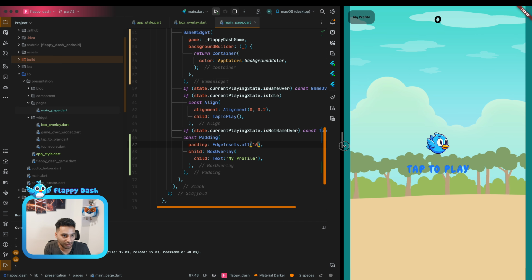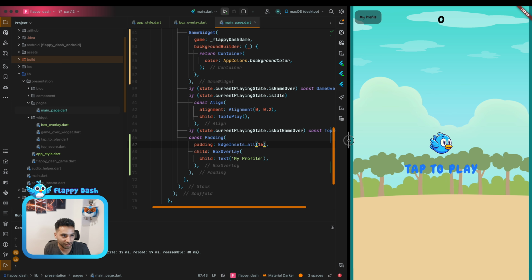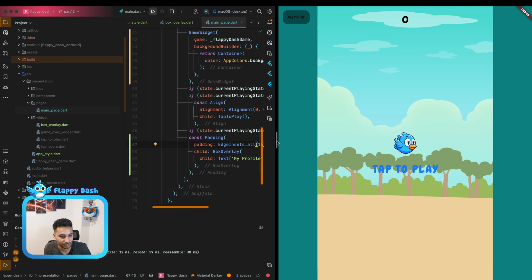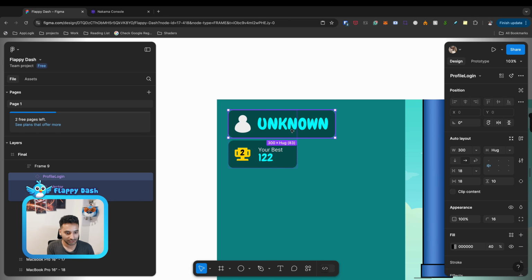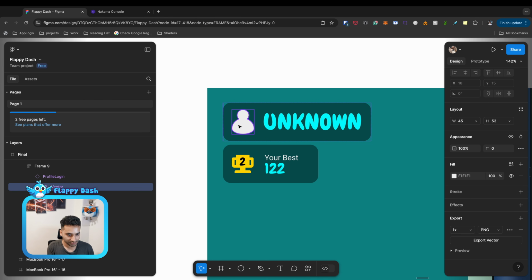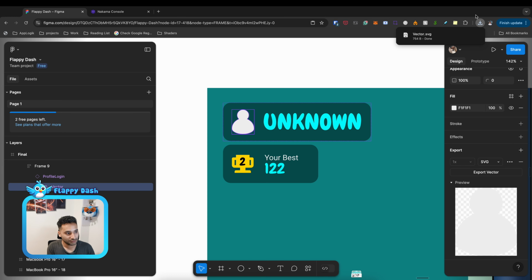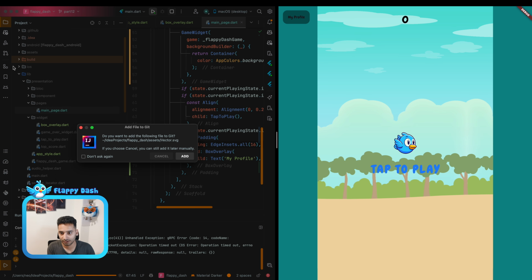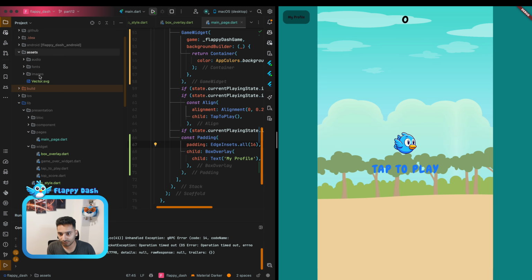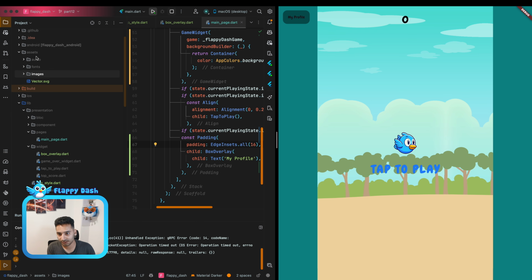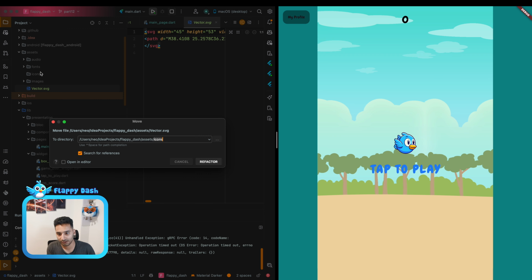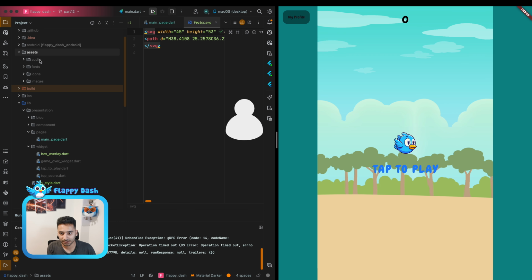And as you see, when it comes to the screen, it works well. And also when it is here, it is good. And so let's add this icon. This is an SVG icon. We can just download it as an SVG, and I'm going to import it to assets. What do we have here? We have images. We can create a new one called icons. And I'm going to define it as